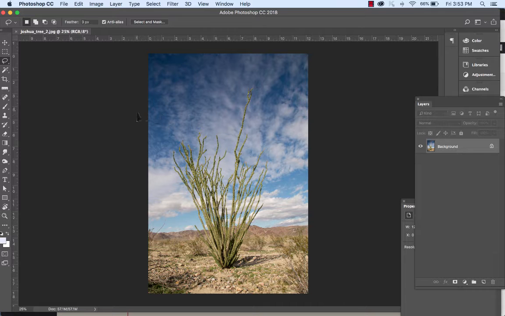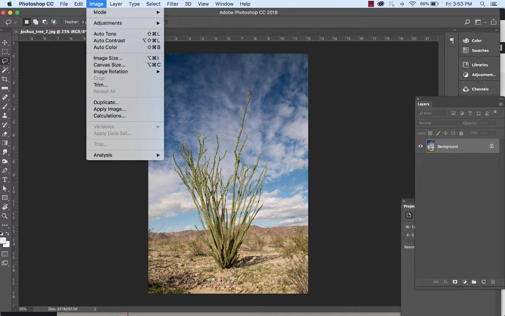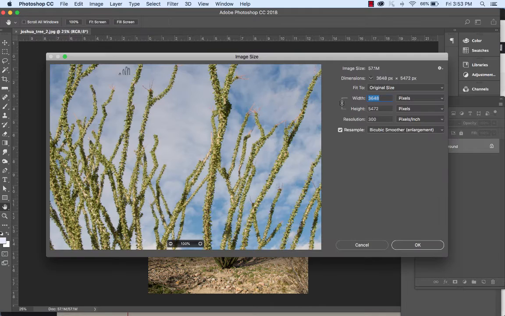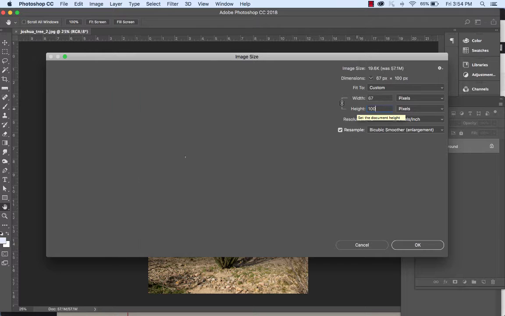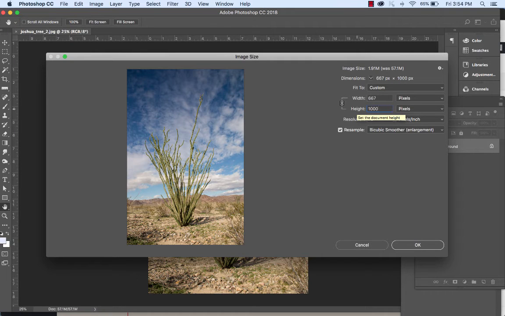So if you open an image in Photoshop, you can go under Image Size, and I'm not going to use 300 DPI. I'm going to change that to 72, and you'll notice it makes my image a lot smaller. In fact, I might even make it just 1,000 pixels high. That's a pretty nice looking picture right here. And you'll notice it's 1.91 megabytes right now, but I'm going to make it even smaller because we're going to